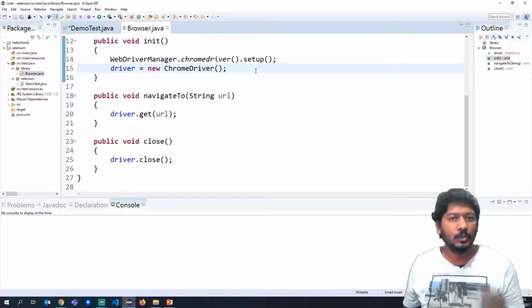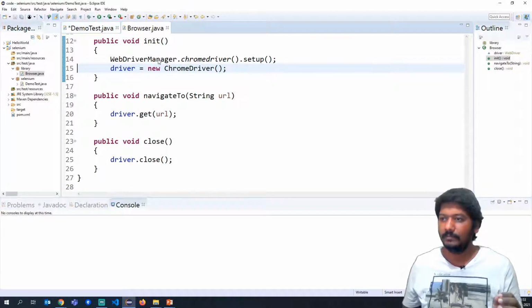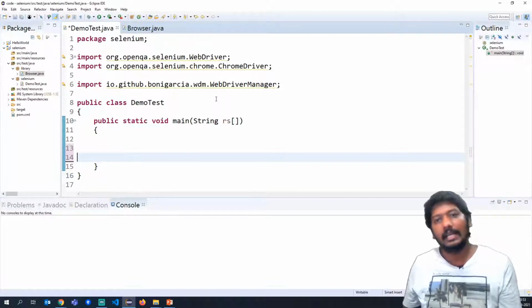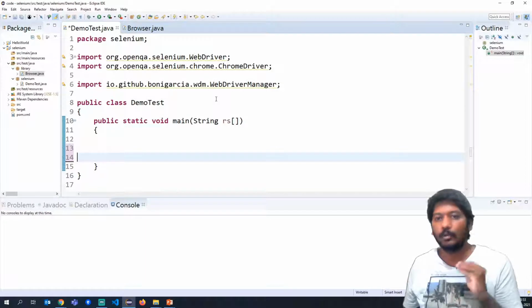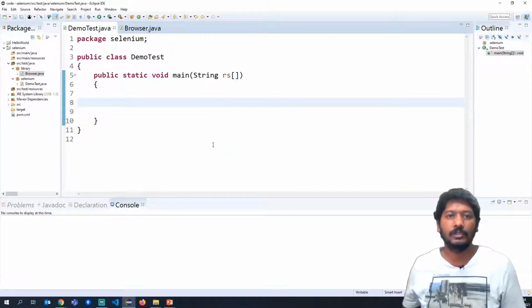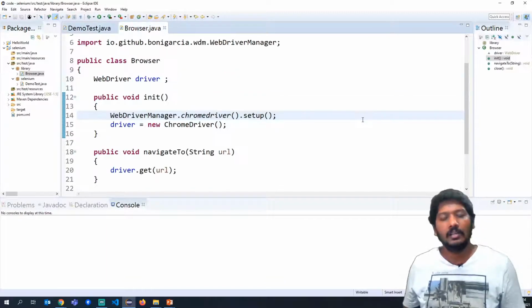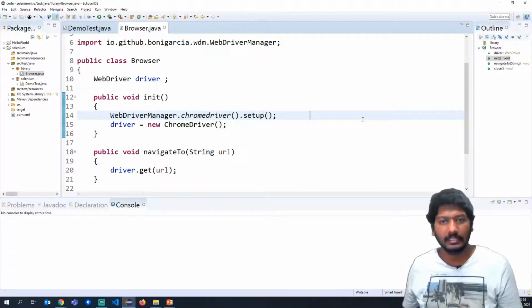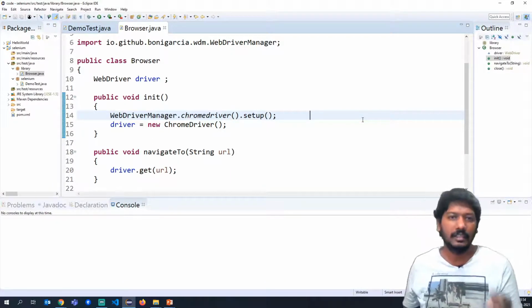So what did we do so far? Whatever code that has been there in demo test.java, we have moved it into another class as a reusable thing, so that in multiple test cases or multiple test automation scripts, you can directly call that class and then do the required functions. Now I am pressing Ctrl Shift O so that all the things which are not required will go away, the import statements especially. Now that we have created a class, we will create an object for this class and then we will use that in the demo test.